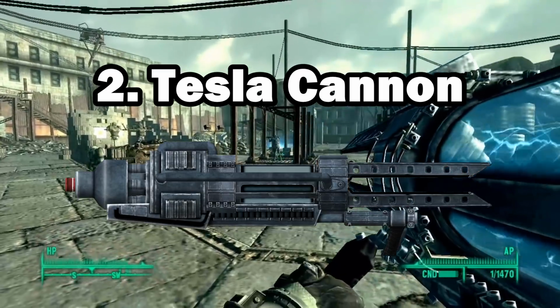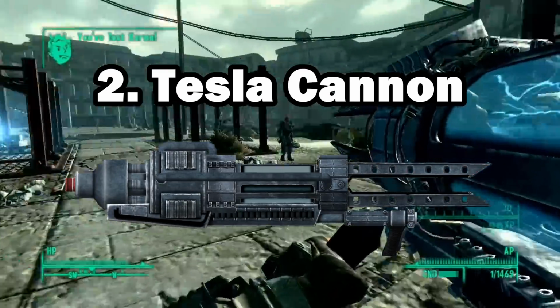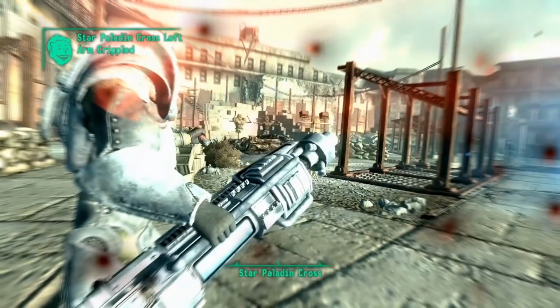Number 2. Now this one might be a bit controversial since it could technically be law-breaking. I'm of course talking about the Tesla cannon from Fallout 3. No, not the downgraded version from Fallout New Vegas, and certainly not the overpowered glitchy mess from the Fallout 4 Creation Club. I'm talking a hard copy, as close as possible to a recreation of the Fallout 3 version